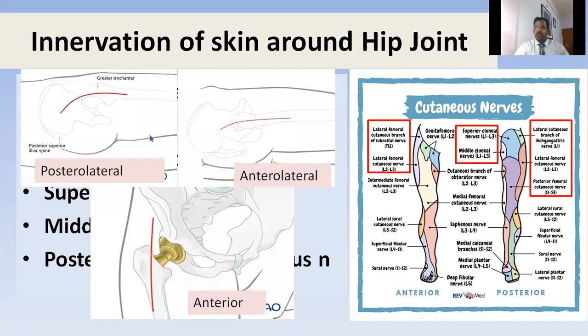So it depends upon the incision which your surgeon is using. The posterolateral incision is the most common incision done for a hip surgery by most surgeons. Second is the anterolateral. Anterior incisions are not so relevant for a hip surgery, but some surgeons or some surgeries might require an anterior incision. Then you have to block the genitofemoral and the intermediate femoral cutaneous nerve if your surgeon goes for an anterior incision. Otherwise, most incisions are posterolateral and anterolateral.